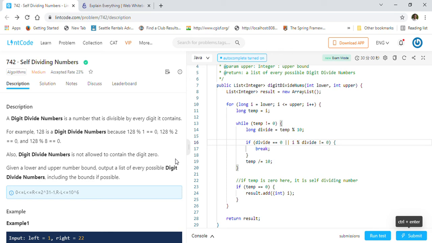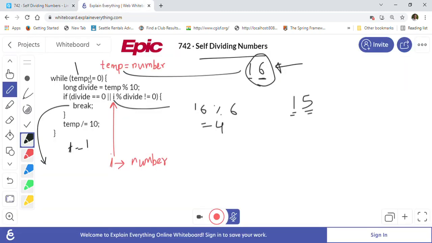So go through this problem, practice it out, try to understand it, and it's not that difficult. You can just write down a while loop, and first you will calculate the mod value, and then you will check if the number mod divide value, if this mod value is not 0, then we will break it out, otherwise we will continue in this while loop, right? So that is the logic.